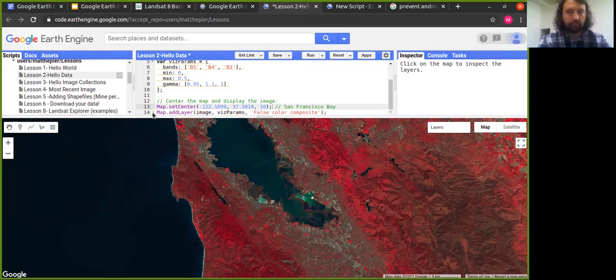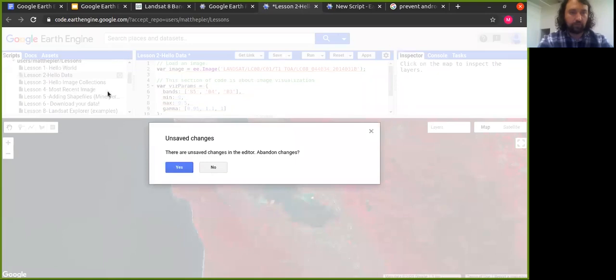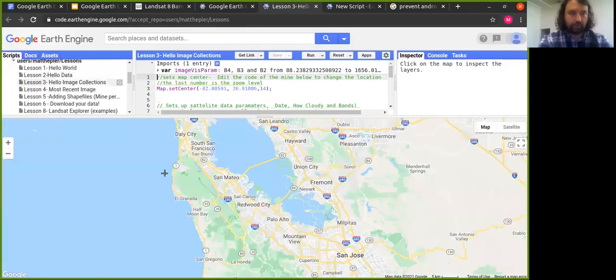So let us move on to the next set of code, moving on to lesson 3. As I've said before, this is all well and good, but it is very unlikely that you will know the specific Landsat path to pull the data from. So let us change that by going to what is called an image collection. So moving on to lesson 3,